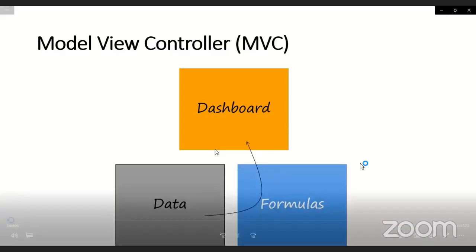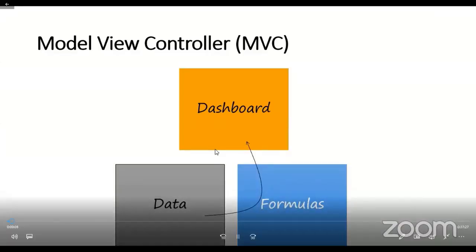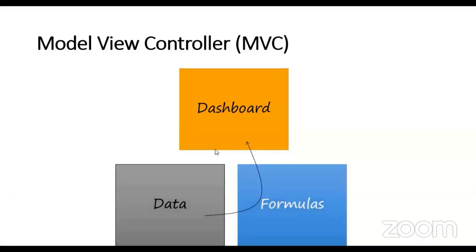So let's start with a rule that is called MVC, Model View Controller. The Model View Controller says that you must have 3 sheets at least in your Excel dashboard. The first one contains the raw data. The second one contains the formulas or your workings, the numbers you want to extract from the data with the